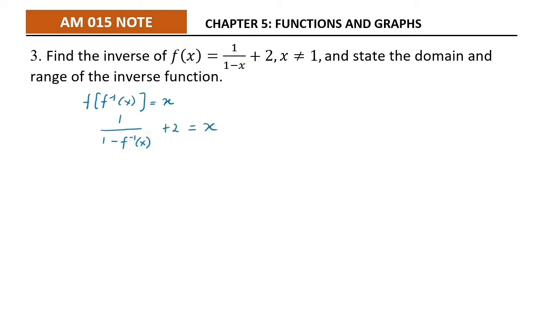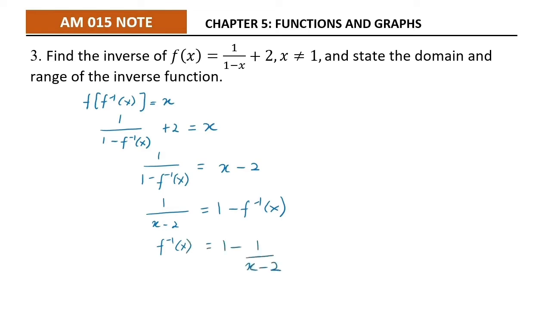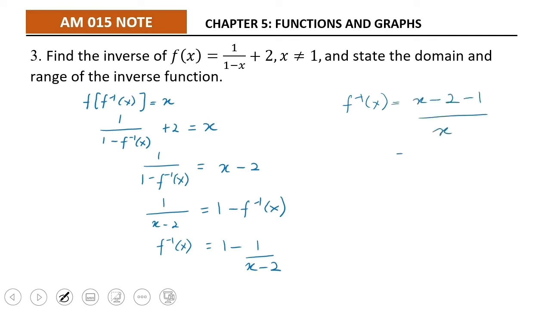Simplify for f inverse. 1 over (1 minus f inverse) equals x minus 2. 1 over (x minus 2) equals 1 minus f inverse. f inverse equals 1 minus 1 over (x minus 2). Simplify. f inverse equals (x minus 2 minus 1) over (x minus 2), which equals (x minus 3) over